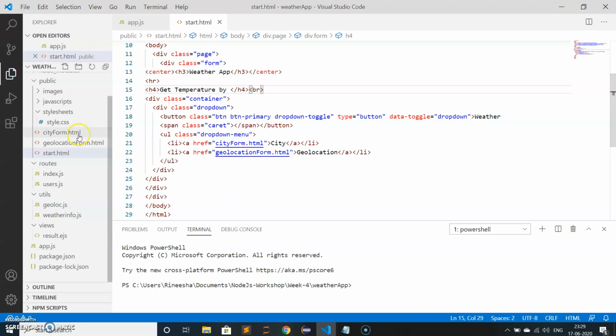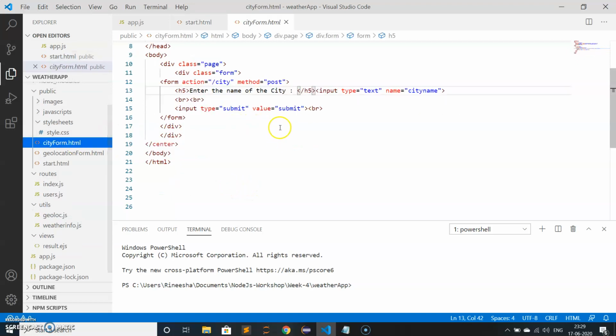If I go to the city form, here I have taken an input, and if you observe clearly, here I have written the action /city. That means I am going to move to the router /city. This is called routing. I am moving from this page to